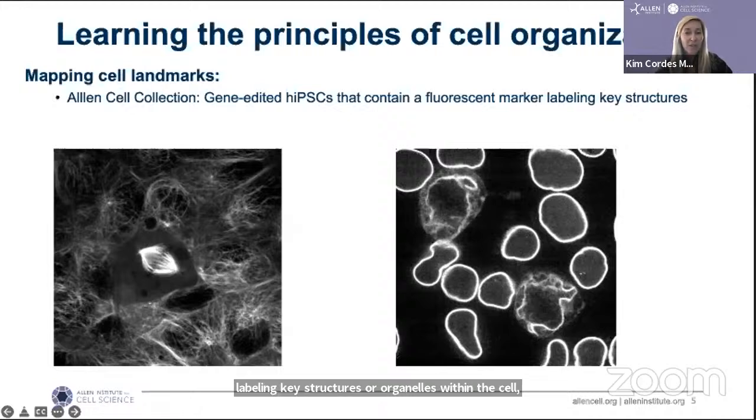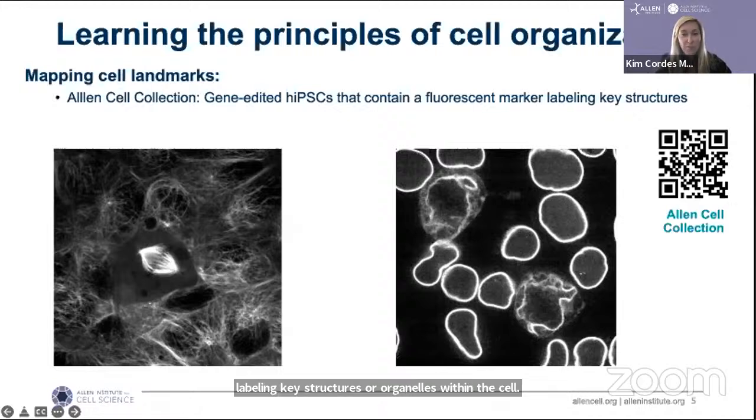And so if you're interested in learning more about our Allen Cell Collection, you can scan this QR code, which will take you to that resource directly on our website. It really describes all the different lines that we have available, because we have over 50 now. And what you can see here are